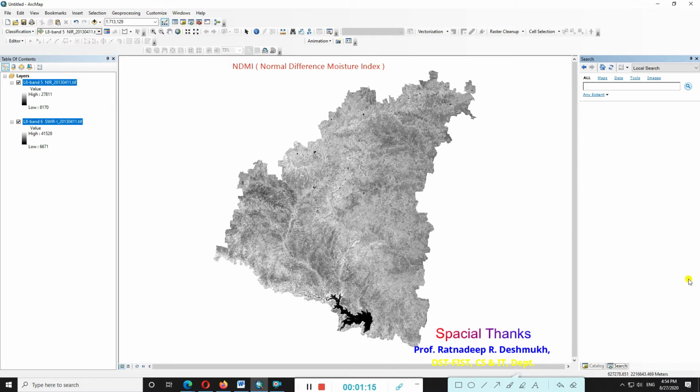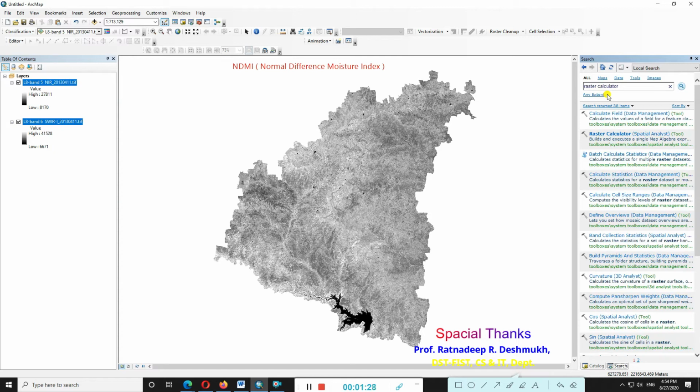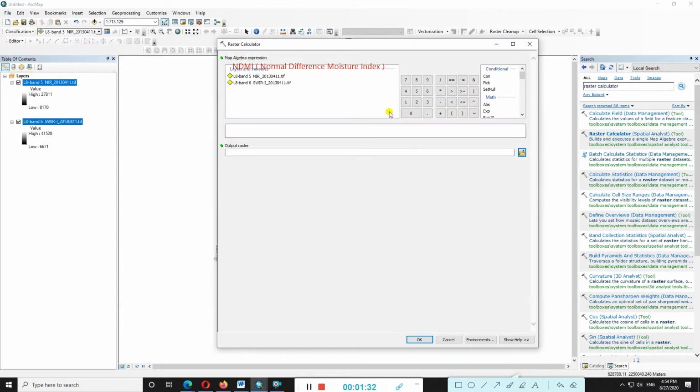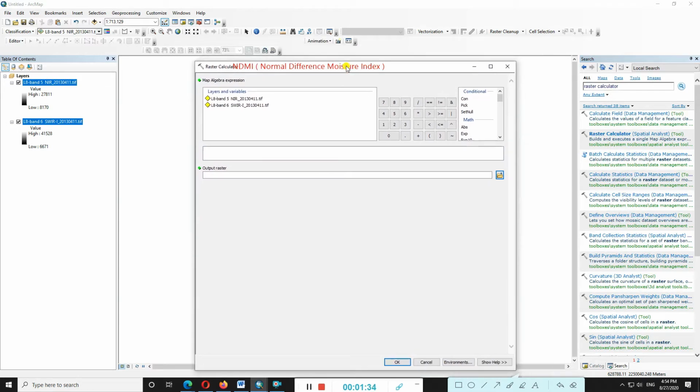Just click on that and this window comes. Search here for raster calculator. Click on the second option. You can see the raster calculator formulas are exposed here.